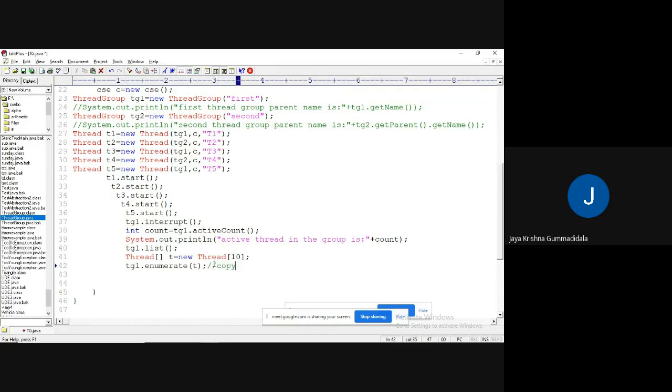Copying thread names into the array. Now if you would like to display, I will simply take a for loop, int i equal to 0, i less than, you can pass the length of that array.